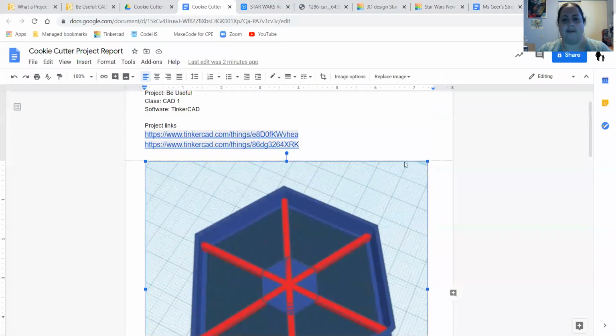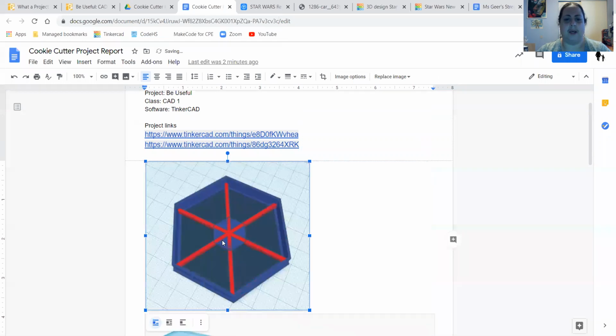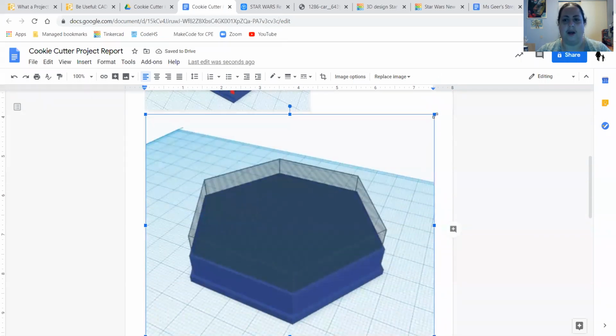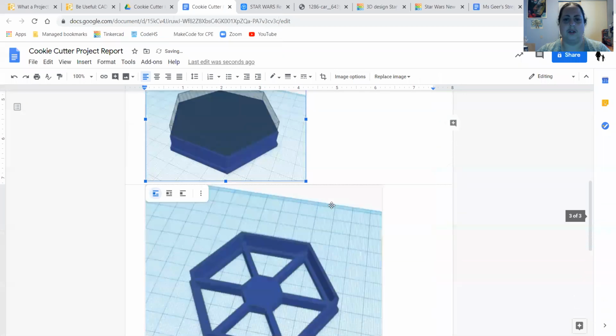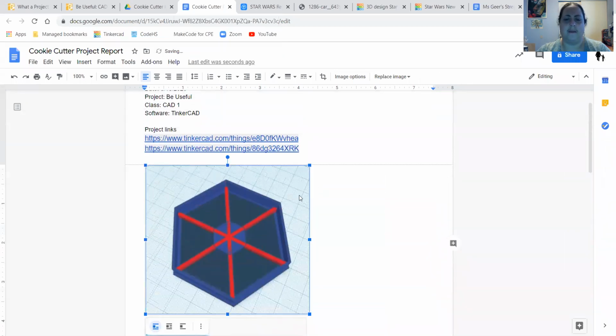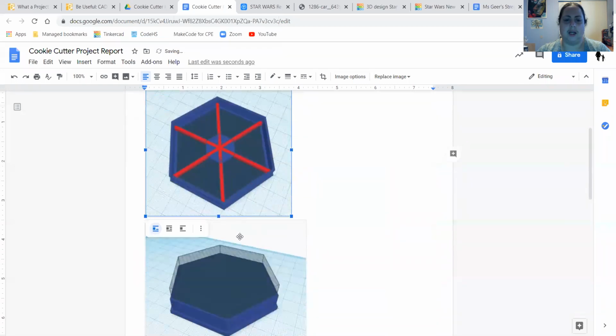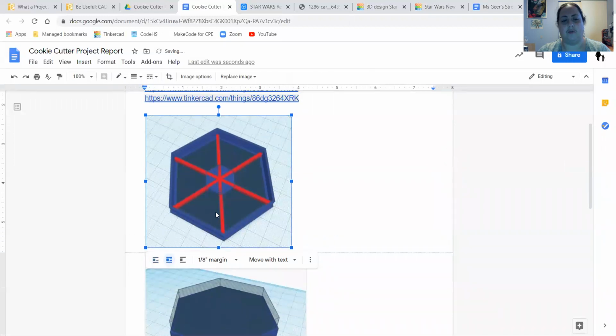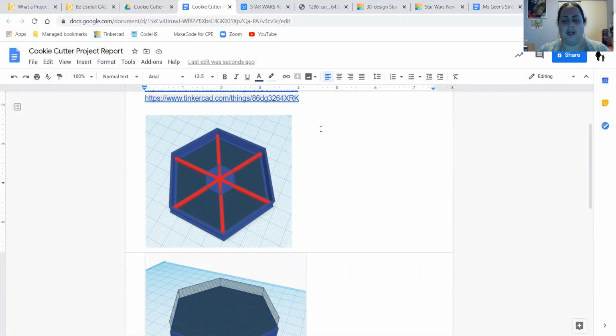So now I have, these are a little big. I'm going to make them smaller. So now I have some in progress photos. And this is what I like to do. So instead of inline, I go to wrap text, and then you can just type right next to them. In order to make this cookie cutter,